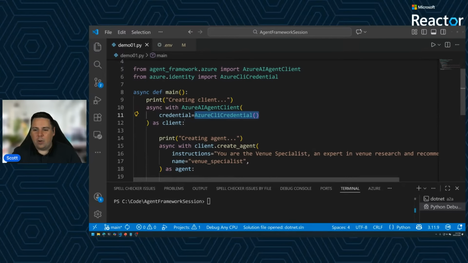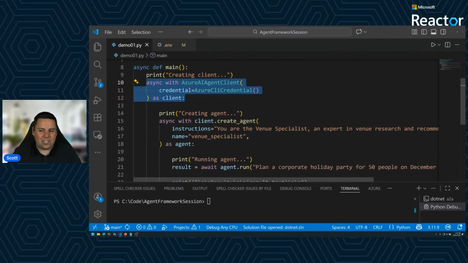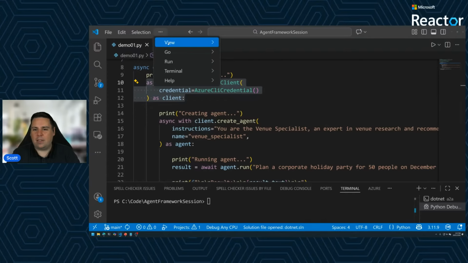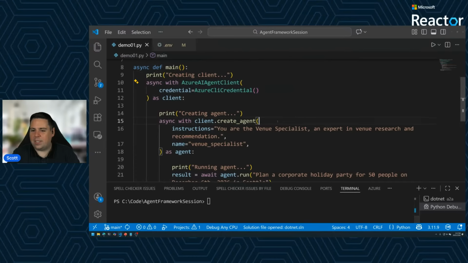But with our Azure AI Agent Client, we can then go ahead and build an agent. And you'll note here that all of the methods we're using inside of the Microsoft Agent Framework are fairly straightforward. They do have a lot of extensibility in terms of options you can configure, but it's designed to focus on what are the core requirements for building an agent. So here, we're just going to build up, and let me turn on word wrap for a second so we can see the prompt here.